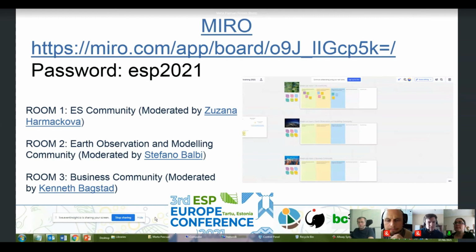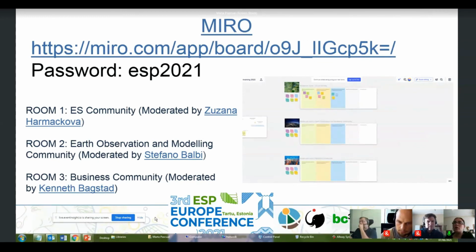Okay, great. So as you can see in the slide here, these are the 3 rooms that we thought of splitting you into. You can select either room 1, which will be about the ecosystem service community, so talking about whether the models we have and the work you are doing suit you, etc. Room 2 will be dealing with Earth observation and actual modeling.